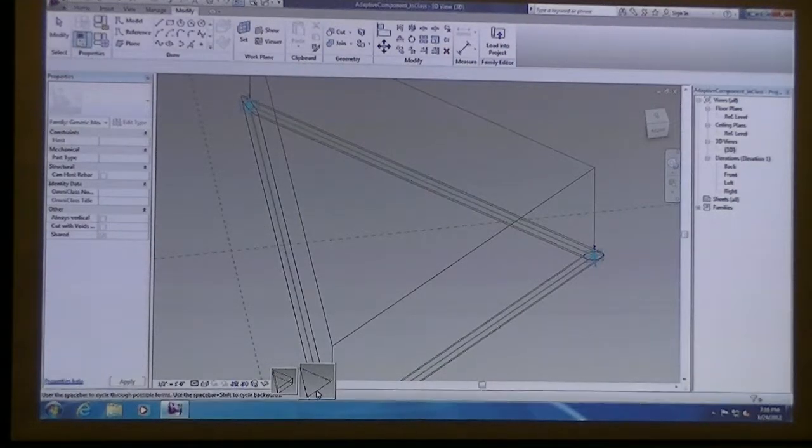S1 or whatever. I think there was already an extrusion there.